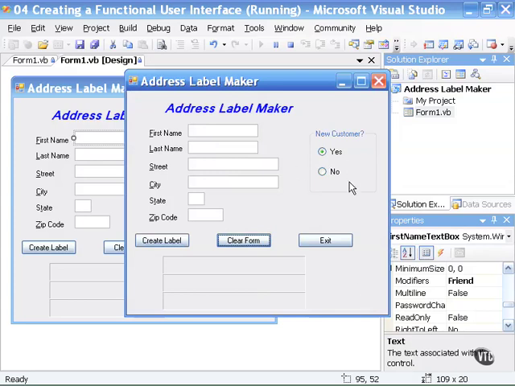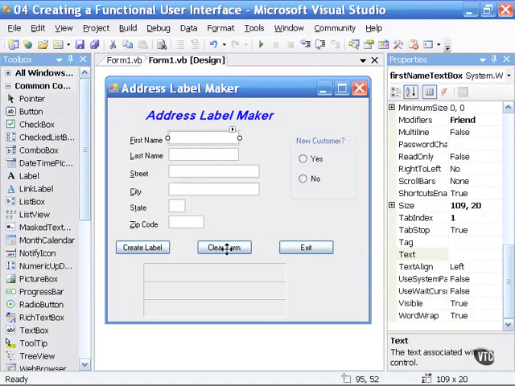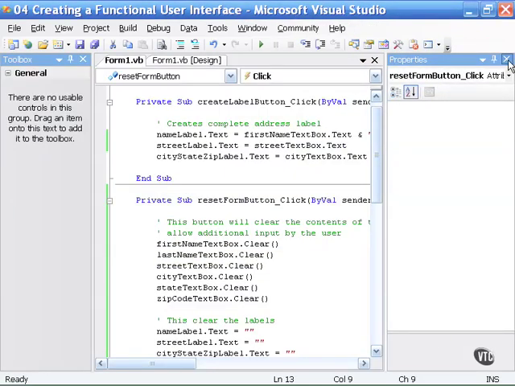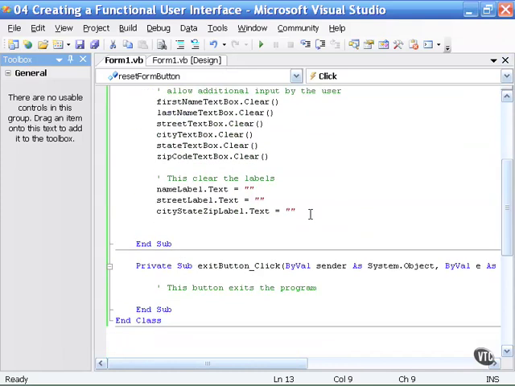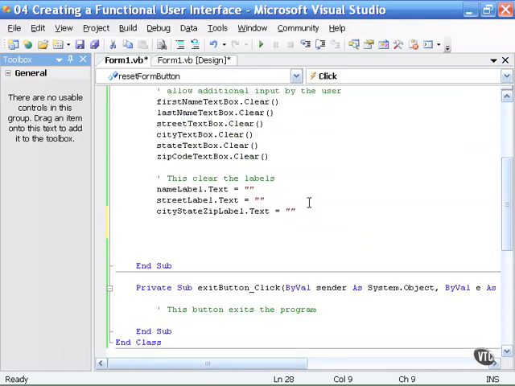However, you notice that the radio buttons, yes and no, have not been cleared. So let's take a look at the code to work with the radio buttons. So I'll stop the project, open up the Clear Form button code, scroll to the bottom, and let's add another comment that says this will reset the new customer